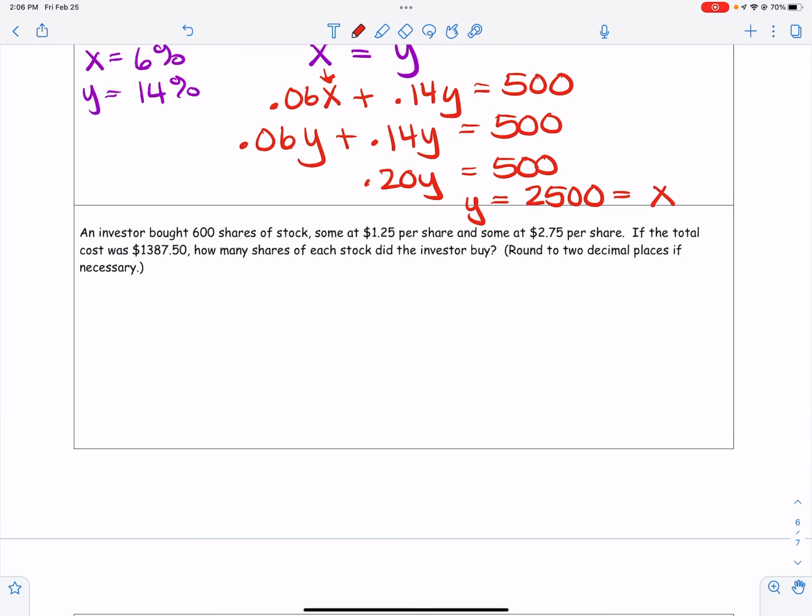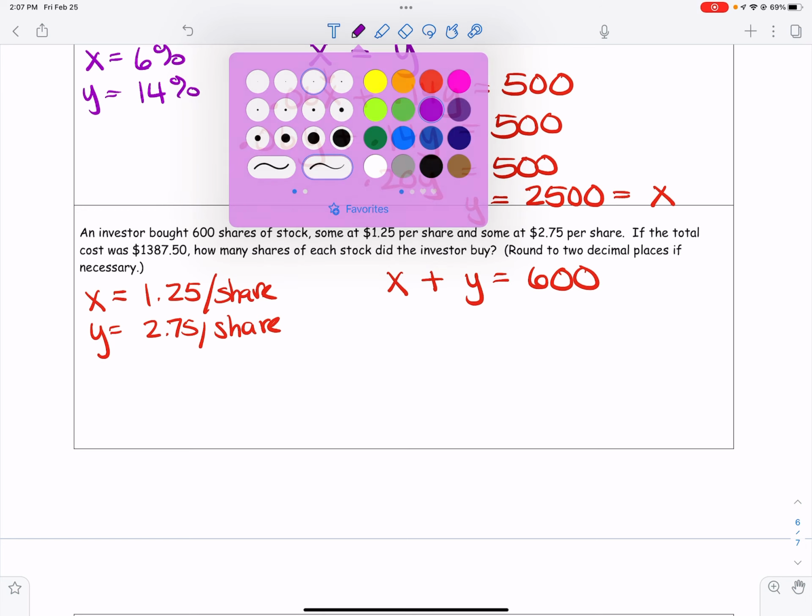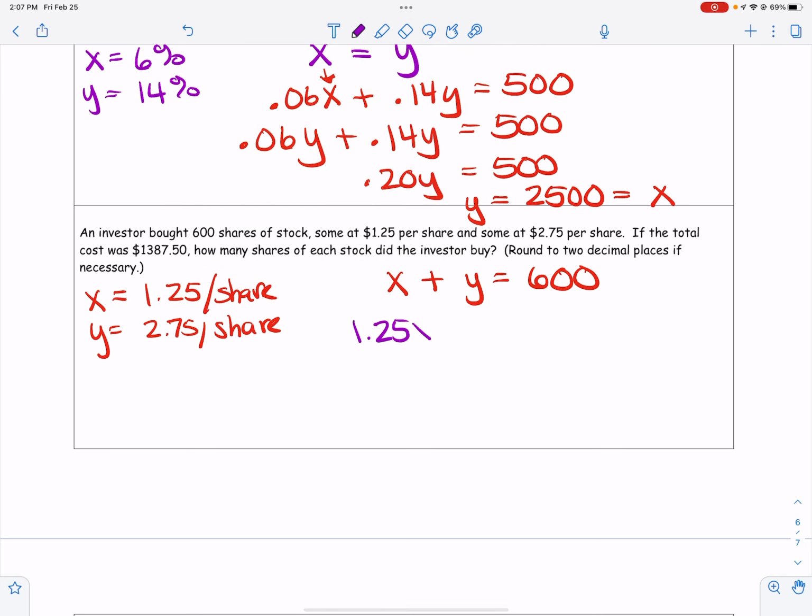All right. This one is dealing with shares because this one has shares. We're talking about price of shares, and then we have a total cost of the shares. So again, just like those coin problems, we're going to say X is the amount at the $1.25 per share cost, and Y is at the $2.75 per share cost. And we know that he bought a total of 600 shares. Now we factor in the price, 1.25 times X plus 2.75 times Y, and that's going to be the total amount that he invested,